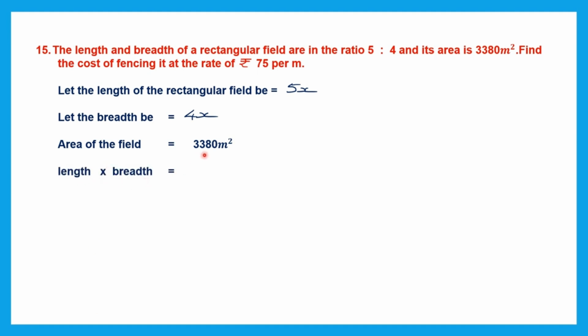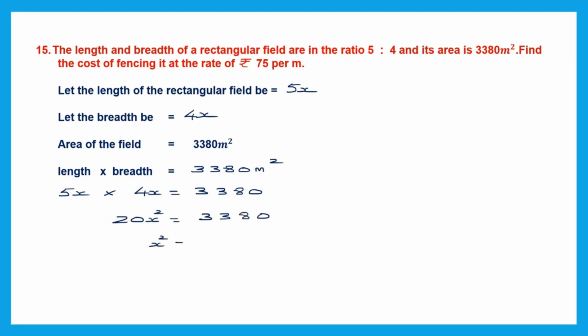Now we know the formula for the area of the field, and that is length into breadth. And length into breadth is already given to us, 3,380 meters square. Now how much is length? We said let length be 5x into breadth, and breadth we said let it be 4x. Together it will add up to 3,380 meters square. Now 5 fours are 20, x into x is x square. 20x square is this 3,380. Therefore, x square will be